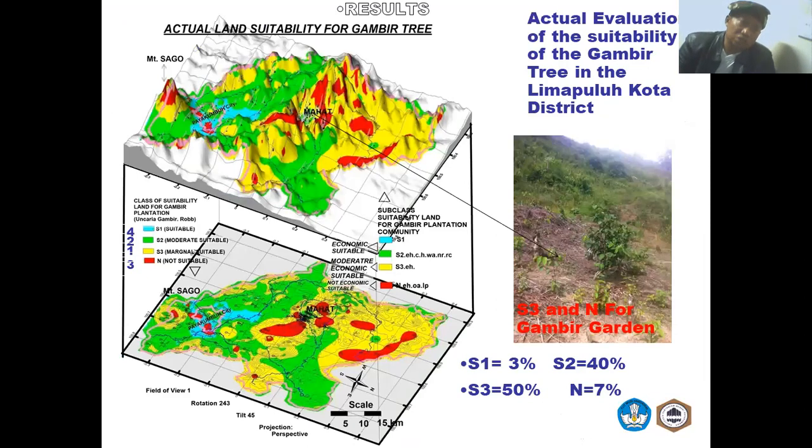This is the actual evaluation of the suitability of the Gambir tree in the 50 Kota district. We saw it in the three-dimensional map and checked in the field. We found dominantly the suitability for Gambir is S3, marginally suitable, and N is not suitable for the Gambir garden. And from this two-dimensional map, we found